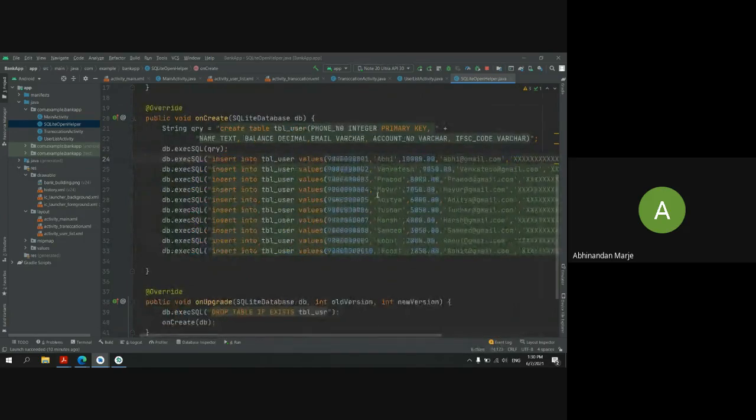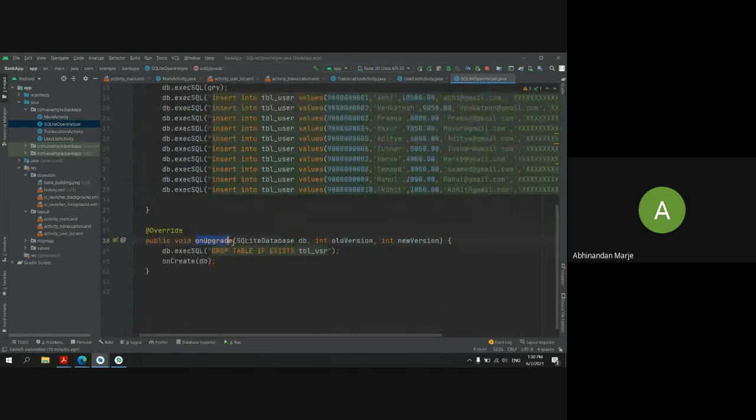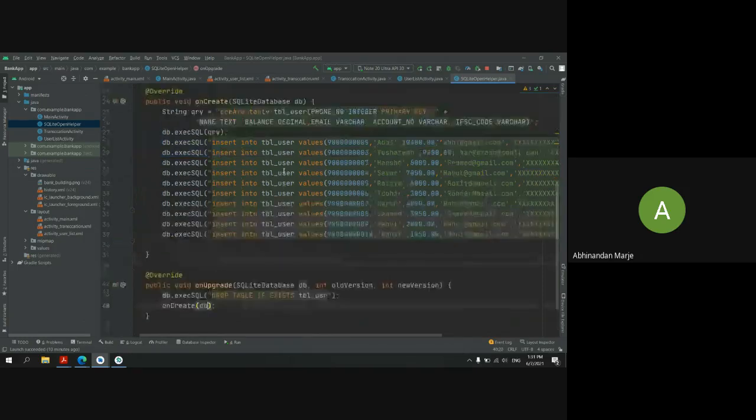If you want only 10 users, you can create 10 users. If you want more, you can create more users. And in the onUpgrade method, you just have to mention drop table if exists, so it will drop the table if we have created it before. Then you just call onCreate for the database, and it will create the database for you.